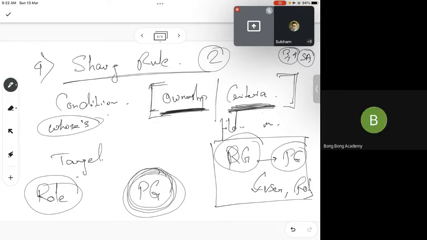The owner cannot do anything here. It is automatic sharing. The system administrator will set up the role hierarchy. Your job will be to create the role hierarchy and create the sharing rule, and automatically, if I have set up ownership based sharing, then those records will be shared. Clear? Okay, sir. Good question.